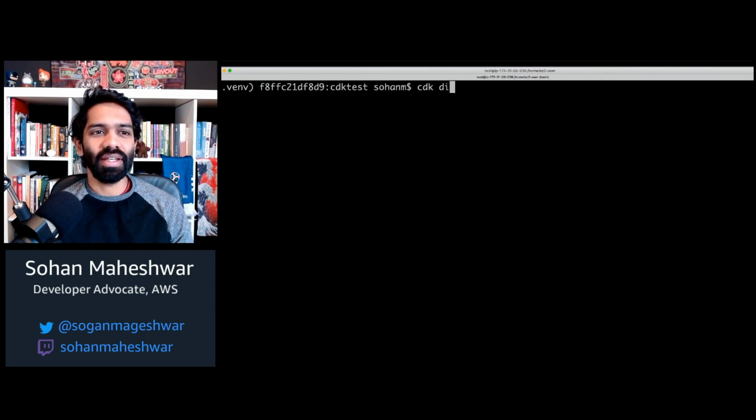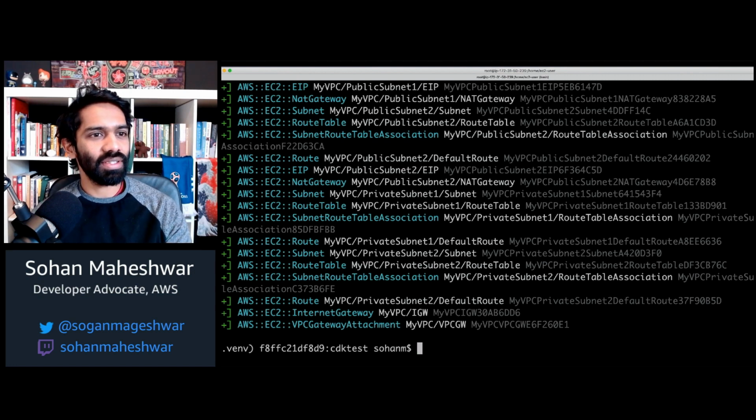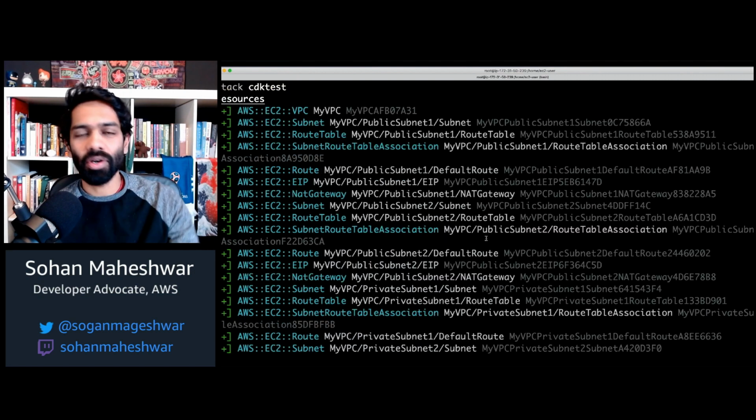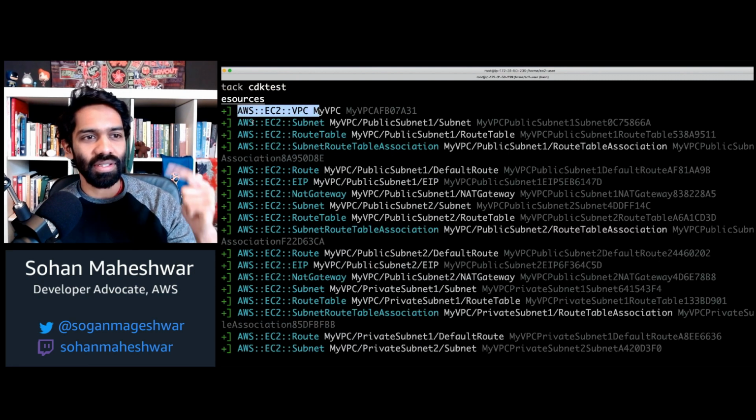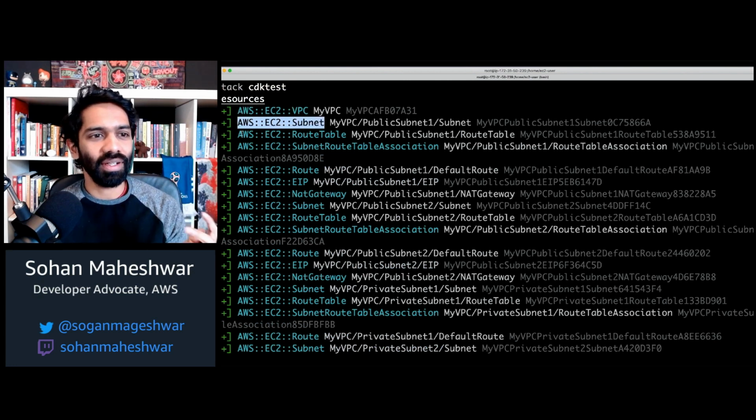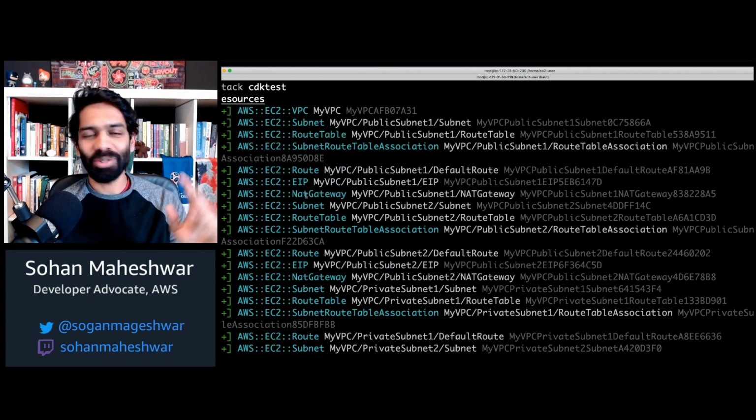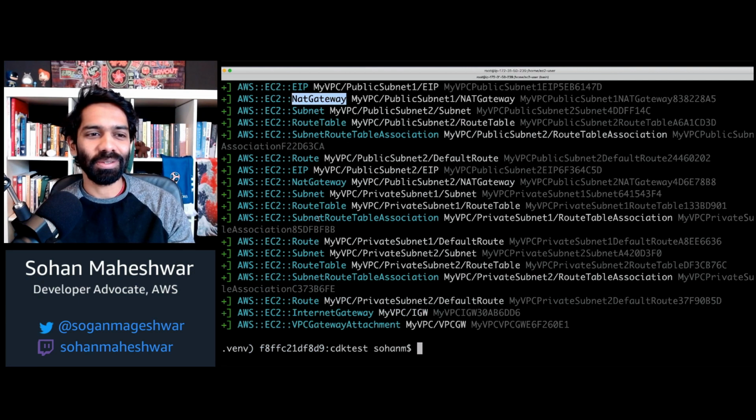All I have to do is say, oh yeah, I can do CDK diff to see what change has actually happened since we first initialized our CDK. And as you can see, with that one line of code, all of this has been created. It's created a VPC, it's created a subnet, a routing table, there's a NAT gateway. I mean, you don't even have to worry about some of these things. The great thing is you can customize all of these, but you can choose to use the defaults, which is